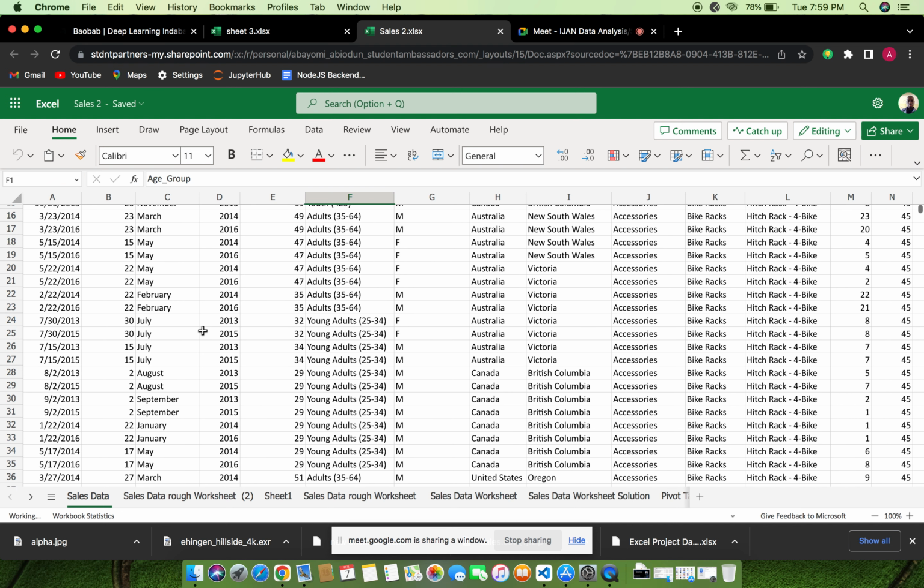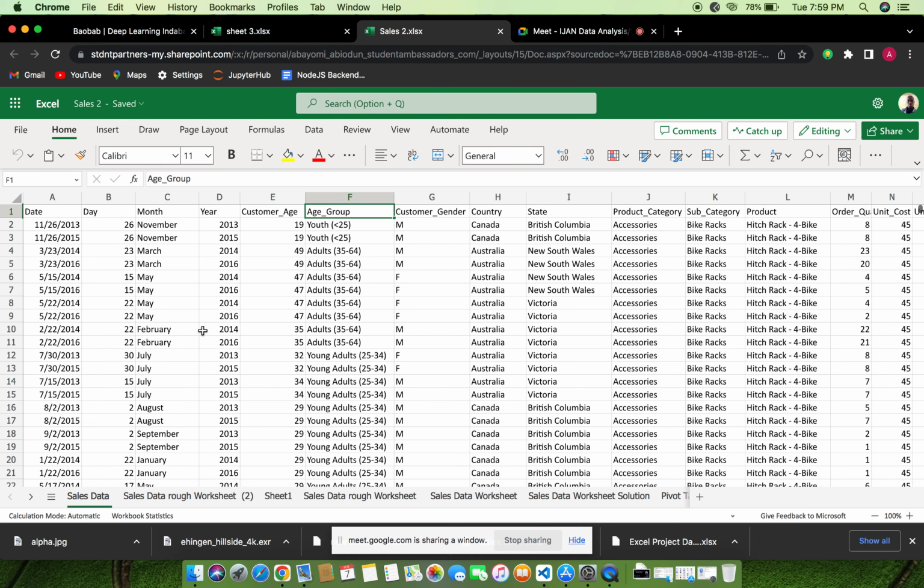Checking this data set, I think it's like a hundred and something thousand rows. So this data is so large that it will be very difficult to actually work with. One of the things that can help us get insight from this data set is using a pivot table or designing a dashboard for it. But before you can design, because dashboards rely on pivot tables,